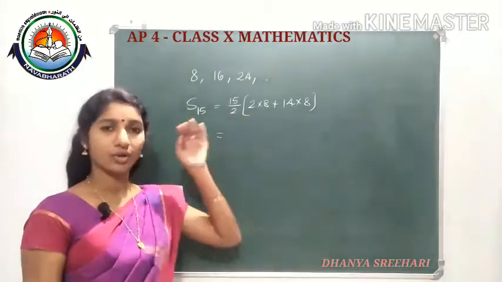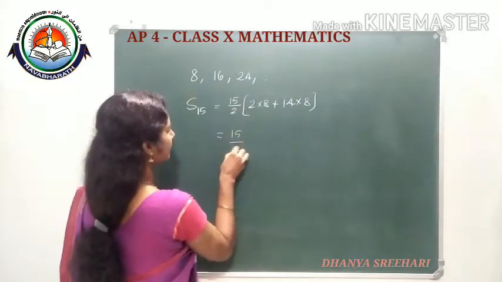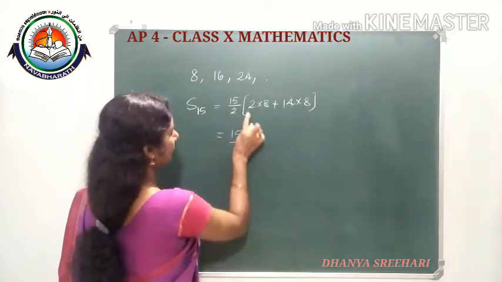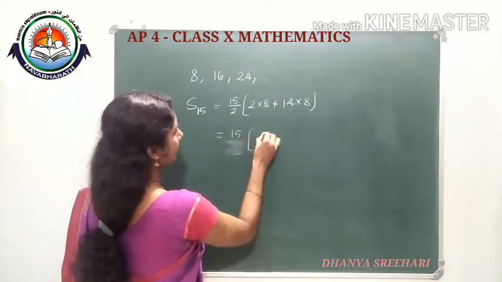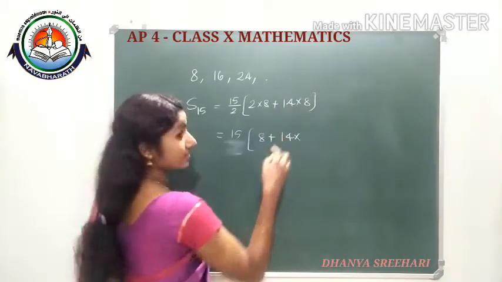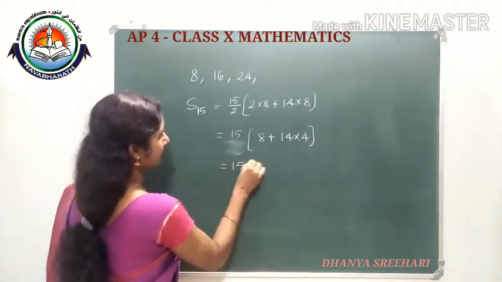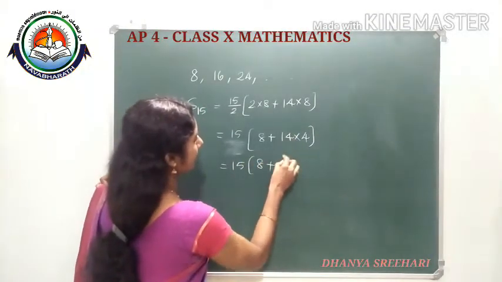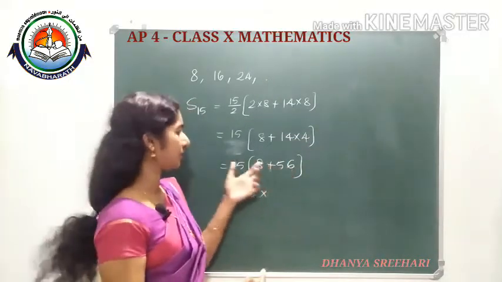Whenever you are using the equation, you have to write the equation. Then you give the values. 15 by 2, 2 is a common factor, no? So I am going to cancel 2 from the numerator and denominator. So I cancelled 2, and it will come 8 plus 14 into, from 8 I cancelled 2, we are getting 4. So it is coming 15 into 8 plus 14 into 4, 4 4s are 16, 56. So it is equal to 15 into 8, then you know the calculation, then do the calculation.